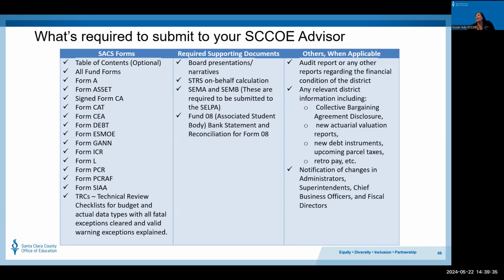Make sure that we have access to that, and you send that along with your submission as well. And please, as always, notify us if there's been any changes in your board president, in your administrators, your superintendents, your chief business officials, or fiscal directors.